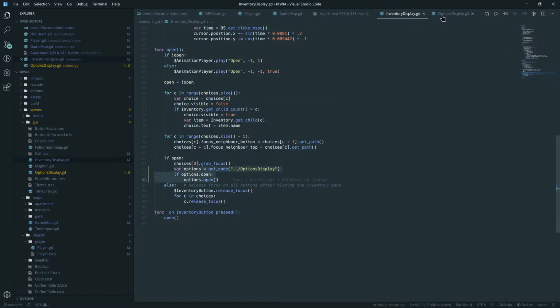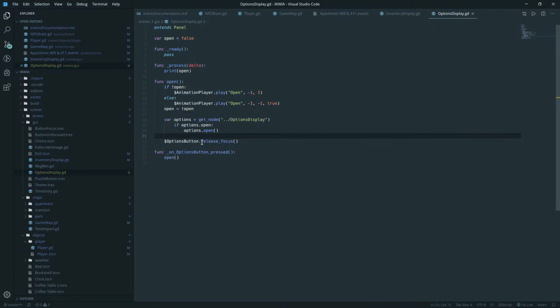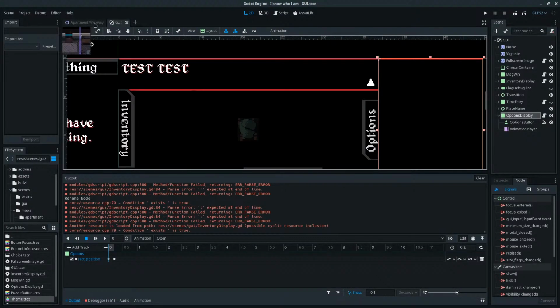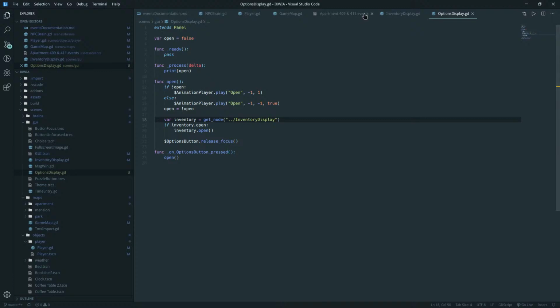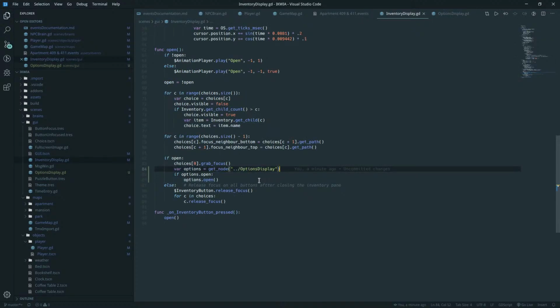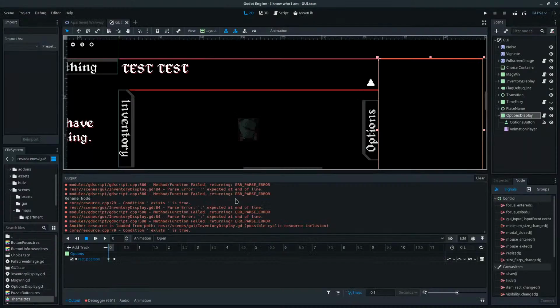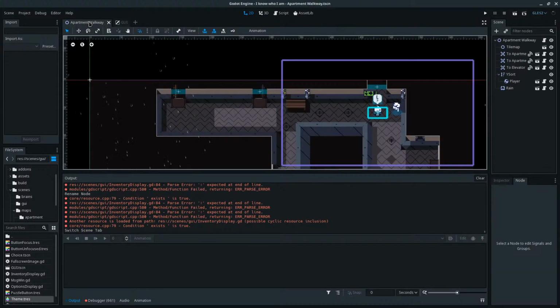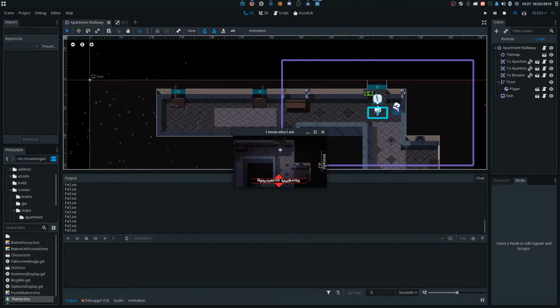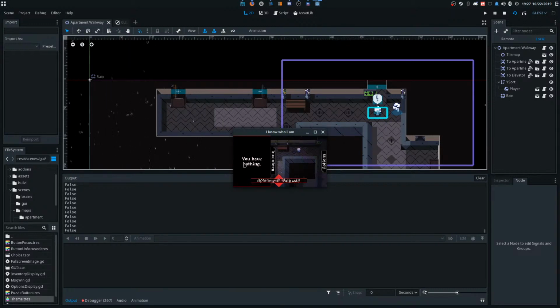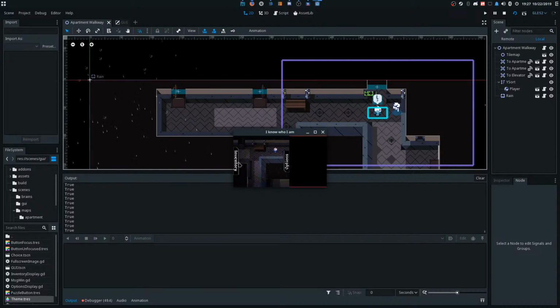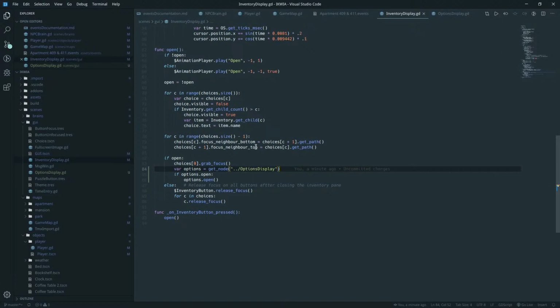And we want to do the same thing over here for the inventory screen. Let's see.